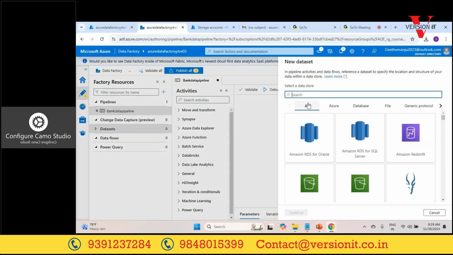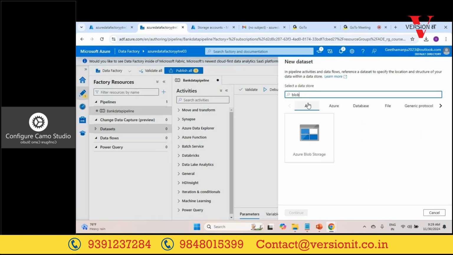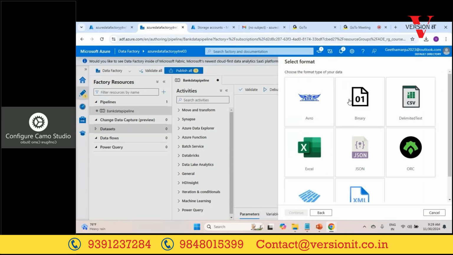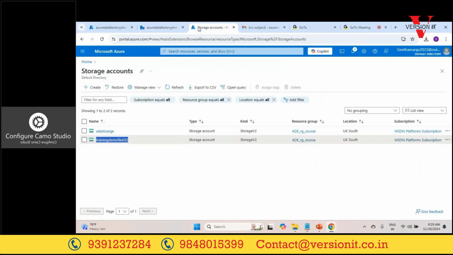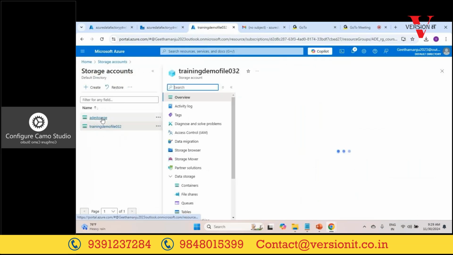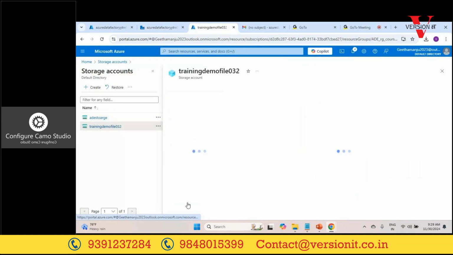I choose the type of file I'm going to read. As we know, the type of file I'm going to read is a blob-style file, which is there in the storage account. So now I'm choosing the blob storage file type, and then which file I'm going to read in the storage account. If there are multiple files available in the storage account,